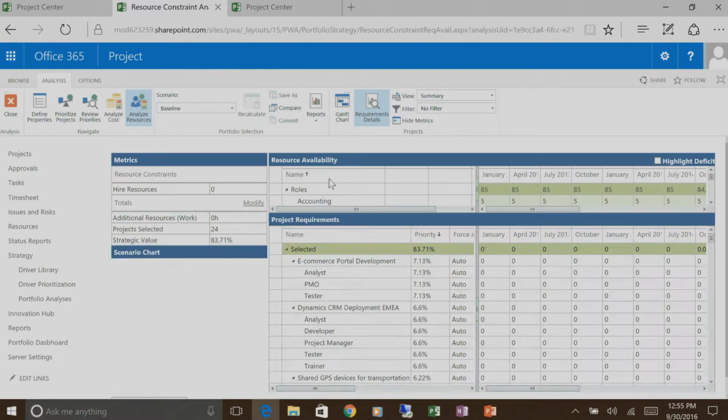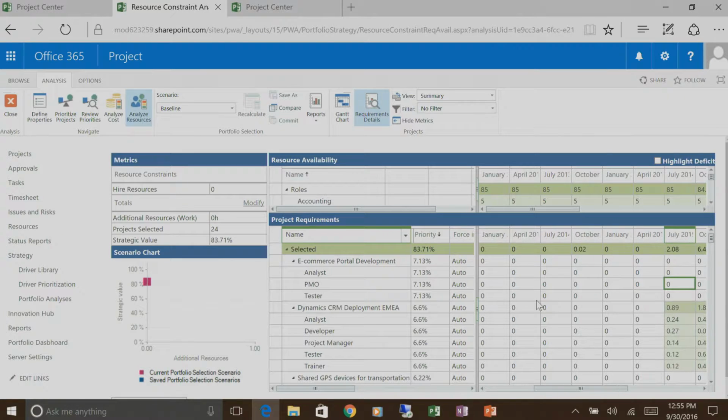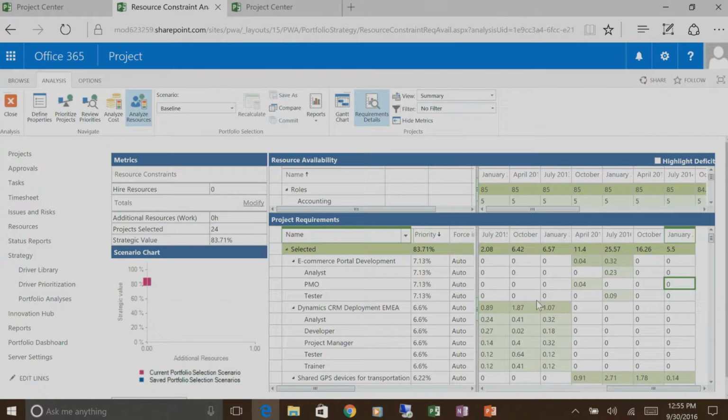It's going to look at, for each project, what type of resources has it asked for? So this e-commerce portal development project asked for these types of resources: analysts, PMOs, and testers. And in a time phase manner, it'll show us how many of these types of resource has been asked for,